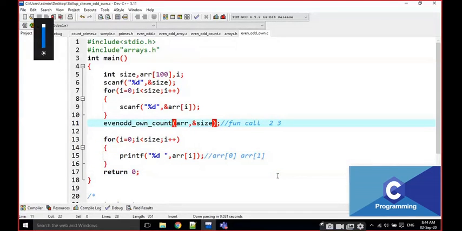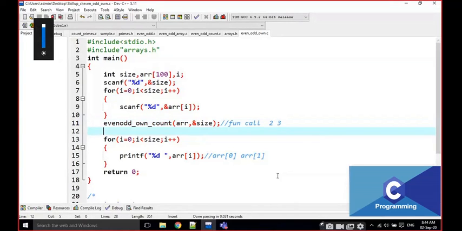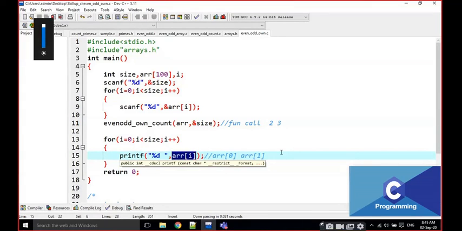I am passing only two values. What are the two values? First one is the integer array address, and the second one is the integer address. And if you look at this result printing, the result is also in the same array. Is it correct or not? The result is in the main array, not any extra array here. There is no extra array to print. The result is printing in the same array.